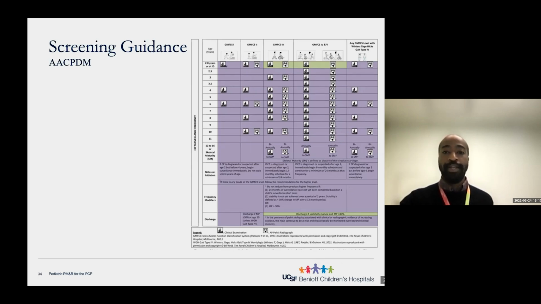And from that screening, as Dr. Livingston said, depending on what the migration index or percentage is, making referrals to orthopedic surgery for potential interventions,